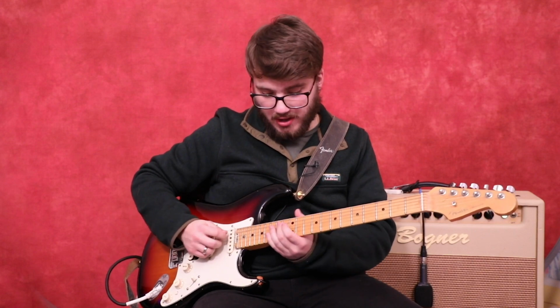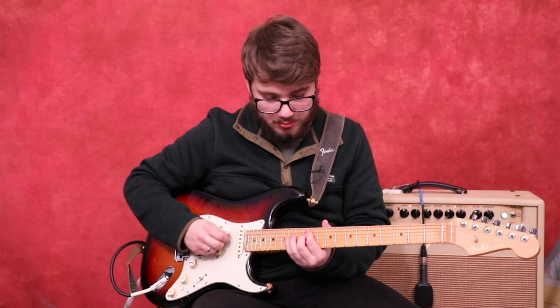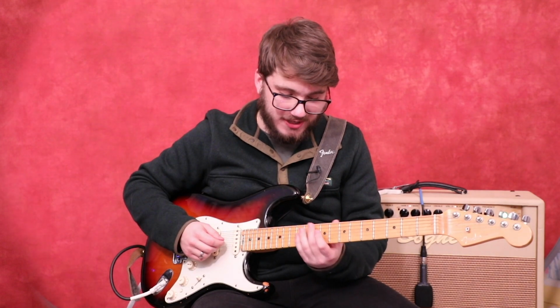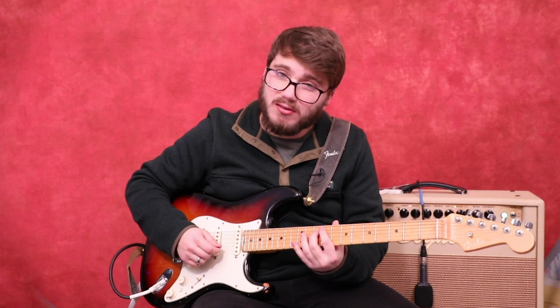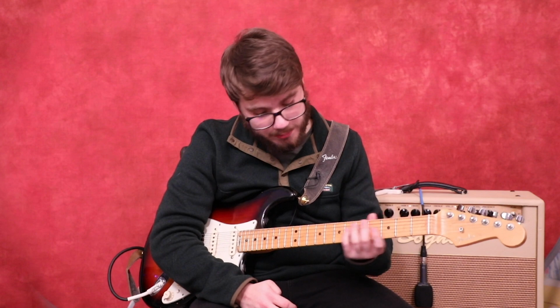Right? It all fits together, but it's important to not mix that up. For example, if you're in Mixolydian here, you can't go and play over your C Lydian scale. Doesn't work the same. Does not work the same. You cannot play the 5/7 everywhere. You have to memorize these patterns and know where to place them and when to place them. It's super, super important. It can get kind of confusing, but once you keep memorizing up this entire neck,